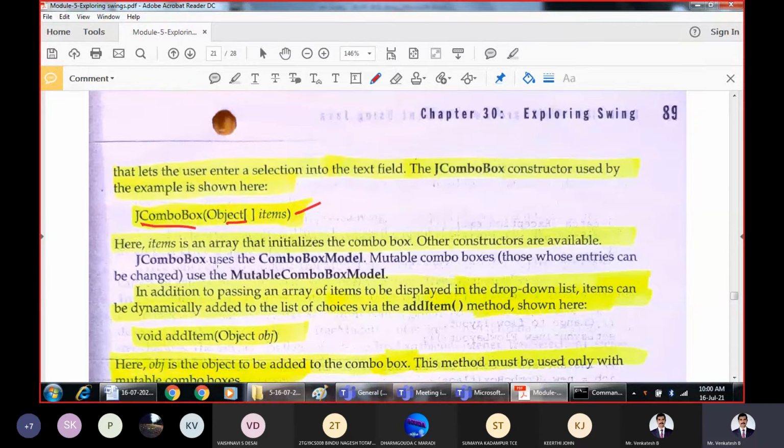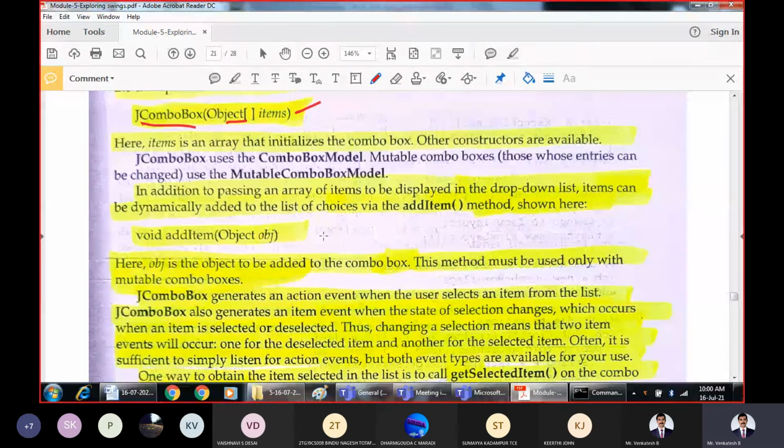What actually item is, it is an array that is going to initialize the combo box. That means within the combo box, what are the items that you want to include? In addition to passing the array of items, items can also be added during execution, that is dynamically. In real time also you can add by using the method called addItem.